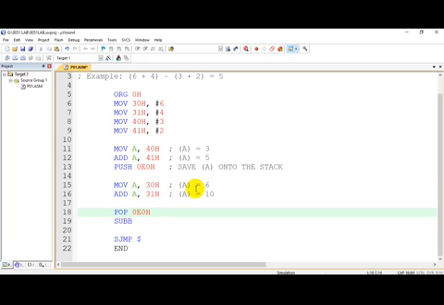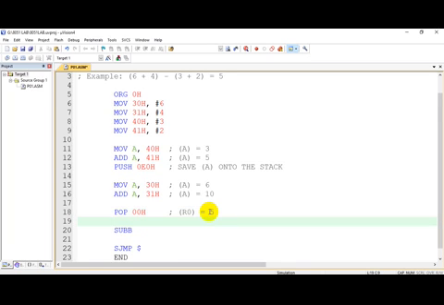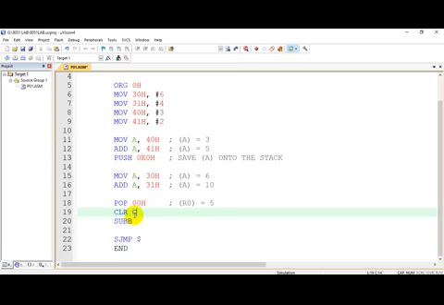That's why I will pop this into register R0. So now register R0 contains what? What was the last thing I had saved? 5. So register R0 will contain 5. And as I had said earlier, before subtraction you have to clear the borrow flag. So I will say clear C. Then I will perform subtract A comma 00H, which is nothing but R0. Either you can write 00H or you can write R0.